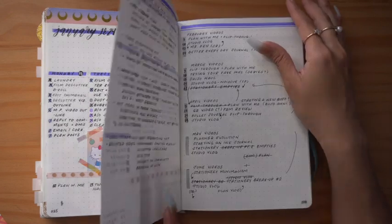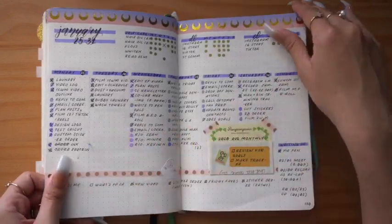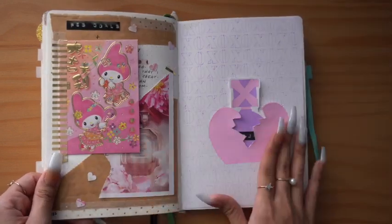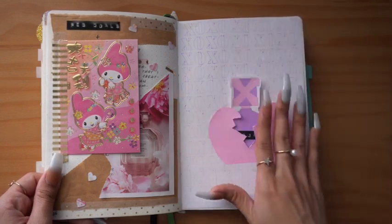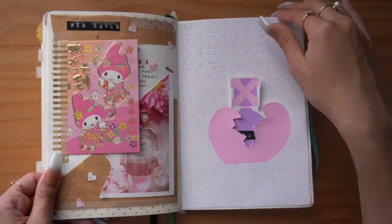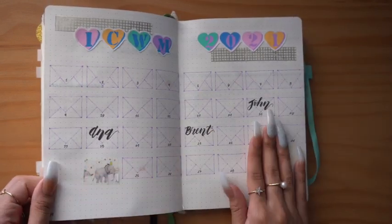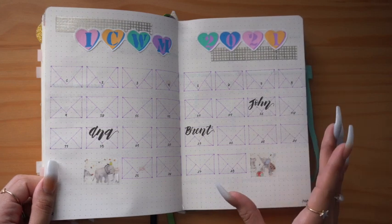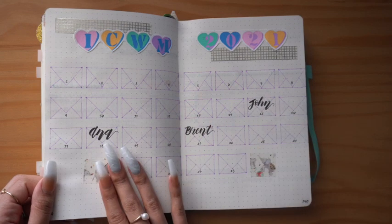Another weekly spread, more video planning, another weekly spread, more video planning. And now we're in February, still carrying over that same little cutout for the cover page. And then I created a little February goals page, February monthly calendar. My NaNoWriMo spread that I loved, but unfortunately did not complete because, again, I still have so